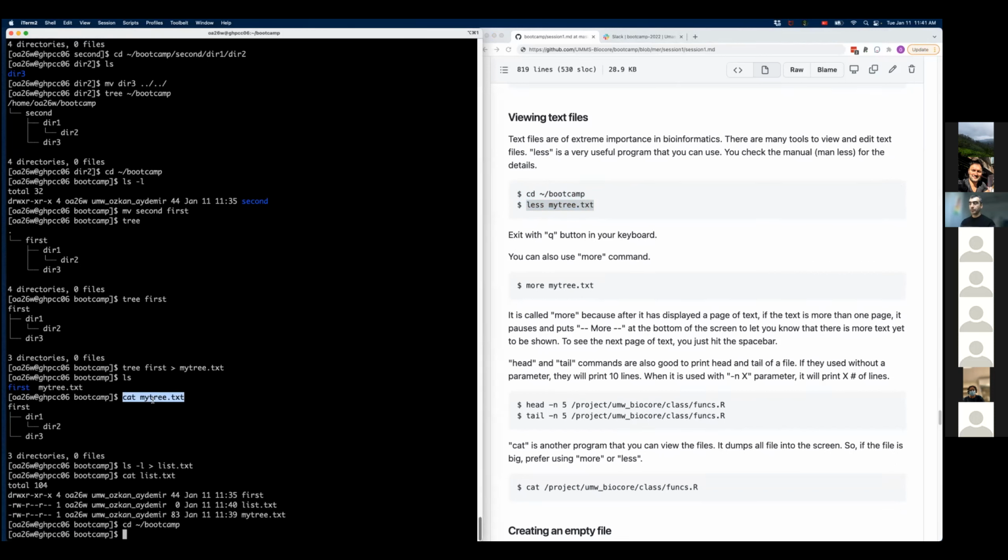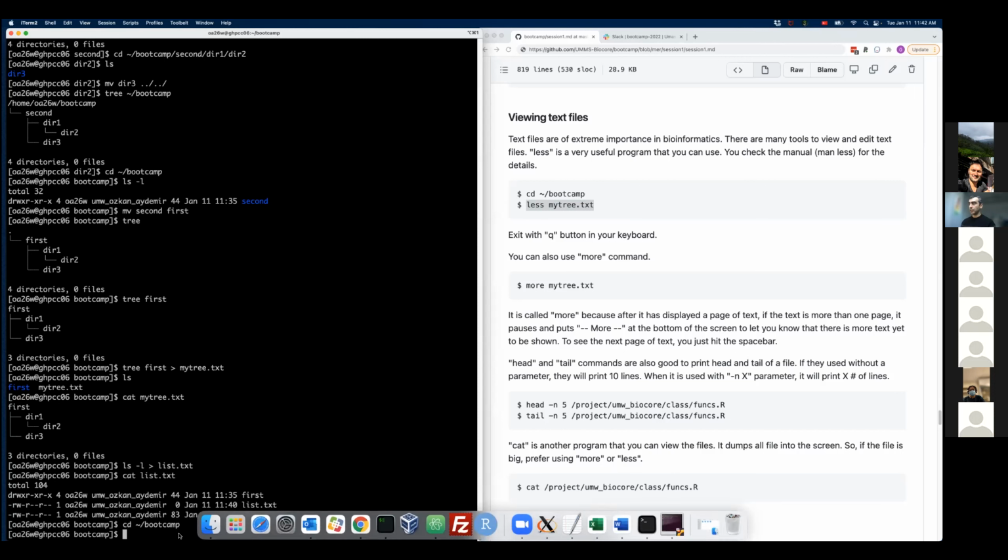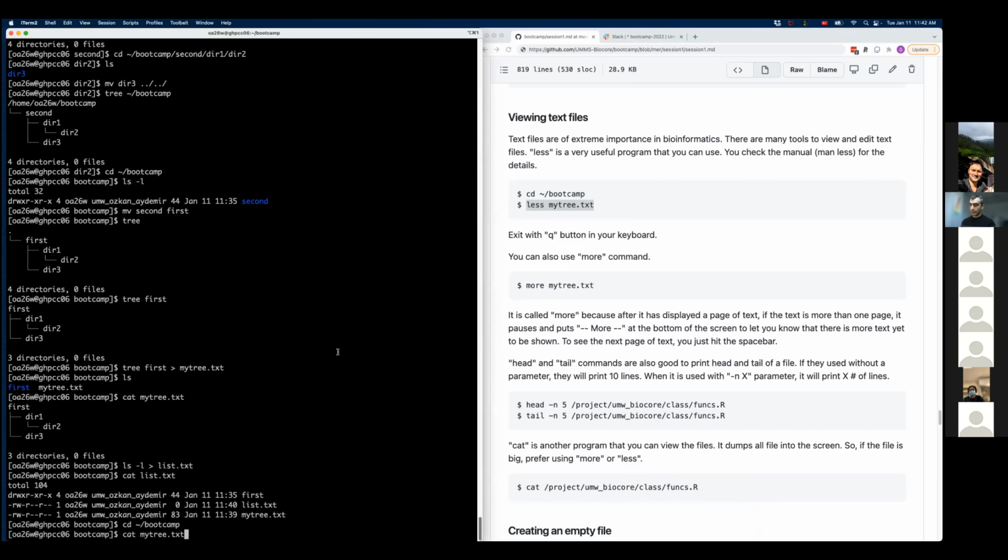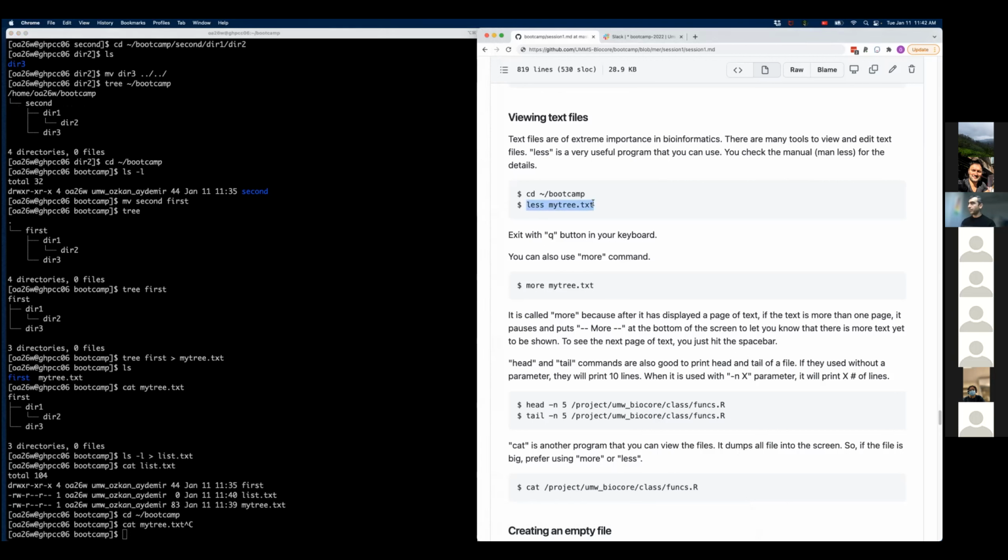Another command to use is less. The difference is less shows one page at a time, so it's going to show us the first page of the file, and then we can do page down or down arrow to see more. So for example, if you have a large file, cat would show the entire file and you would basically just see the end of it because it would create a huge stream. If you do less, it goes page by page.